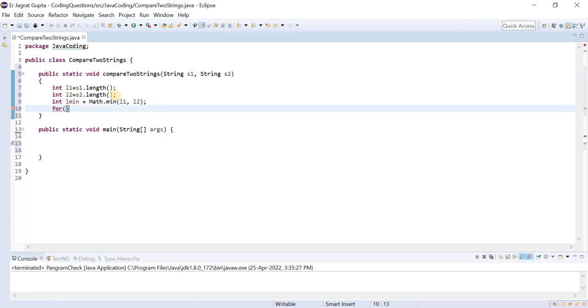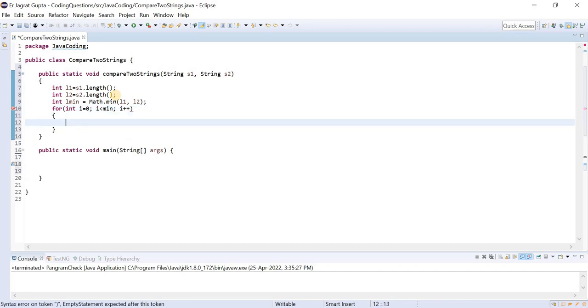Now I will incorporate the for loop. For int i equals 0, i less than min, and i plus plus. Inside it, we will extract the character one by one and convert it into an integer, and based on the integer value, we can easily compare whether both integers are equal or not.